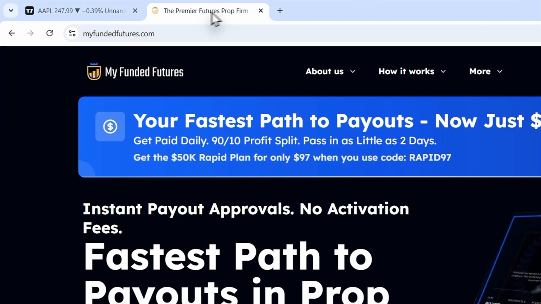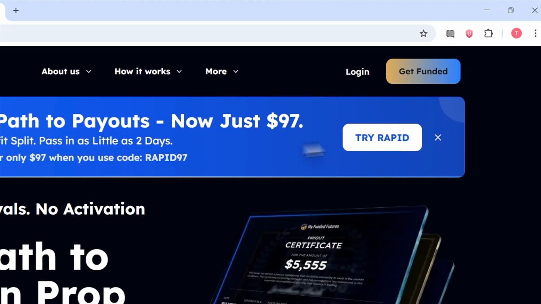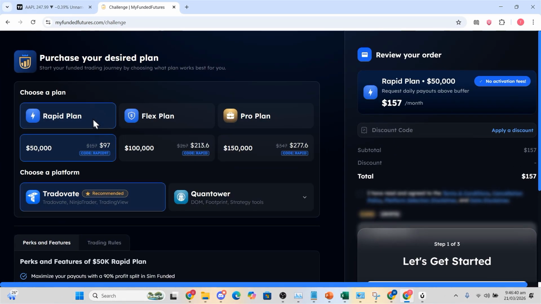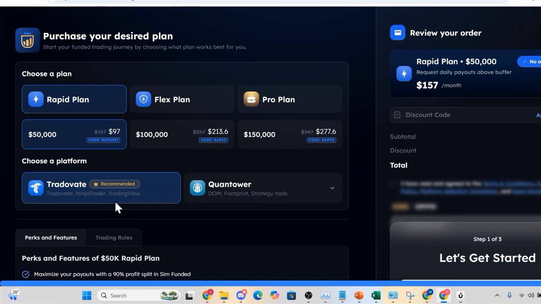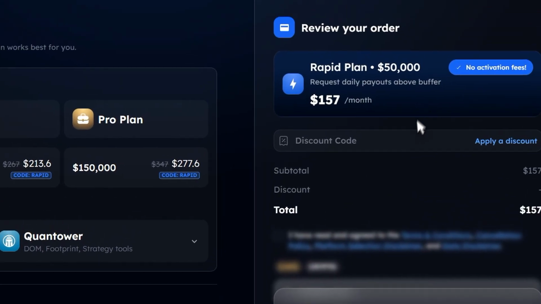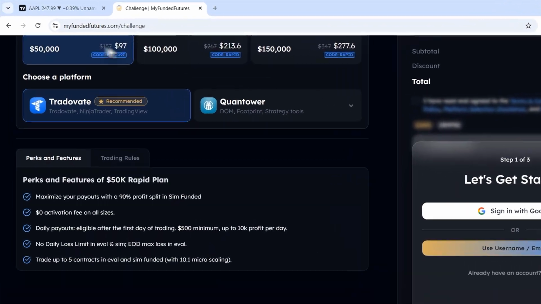Tradovate. So if we come here to My Funded Futures and you click here on Get Funded, and when you're creating an account, what you want to do is just choose any plan. But the important thing is when you're choosing a platform, choose Tradovate. Now, as you can see, this one is a broker that lets us connect with TradingView as well. So just choose this, and then I want you to go ahead and just make your account, and then you